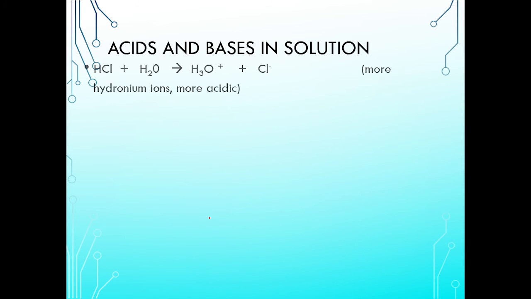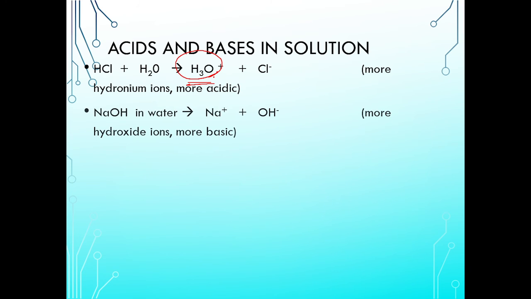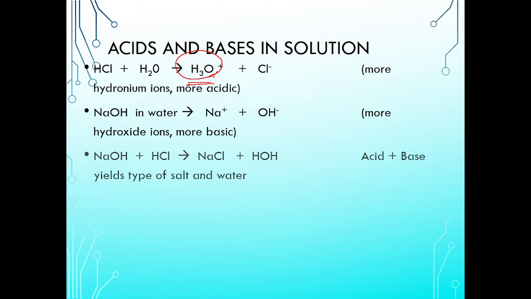Then is your acid and base in solution. So whenever an acid is added to water, we have seen that it is going to release H plus and it is going to be reacted by the water molecule, and hence it will become a hydronium ion. So it is acidic. Then in bases also, whenever a base reacts with water, it is going to release OH minus. Okay? That is your hydroxide ion. Then whenever base and acid react, they are going to form salt, and this reaction is known as neutralization reaction. Basically, these are the chemical properties of the acids and bases.